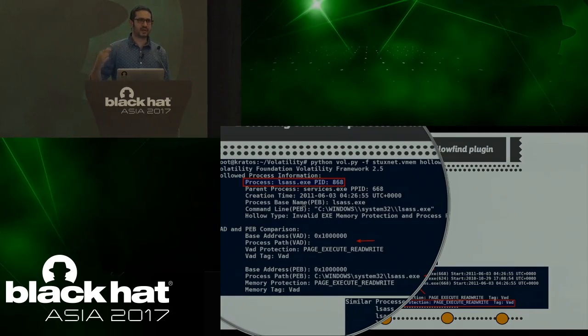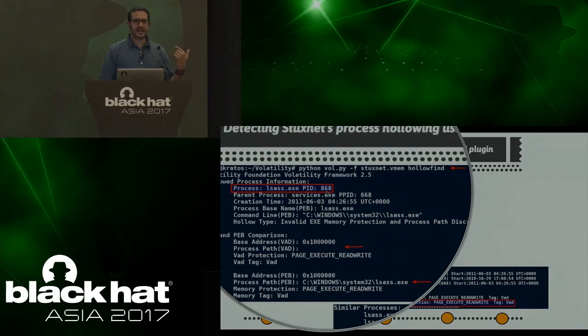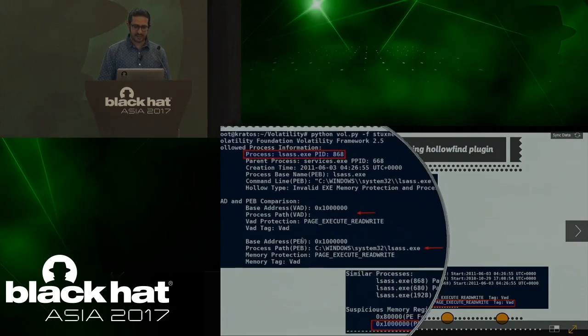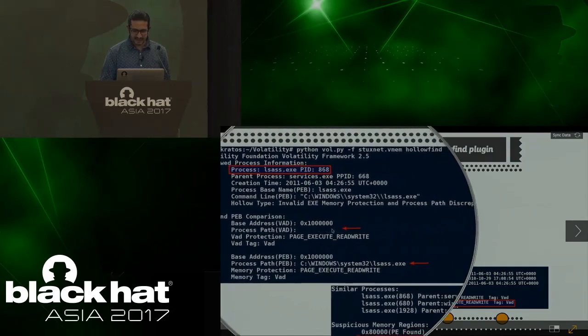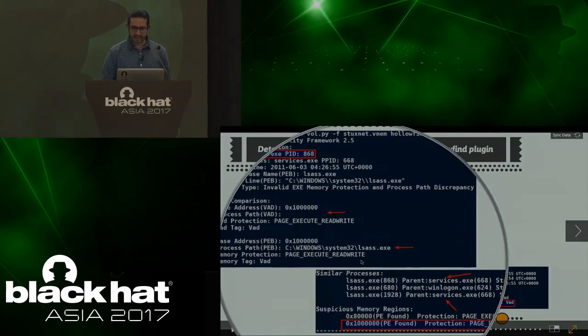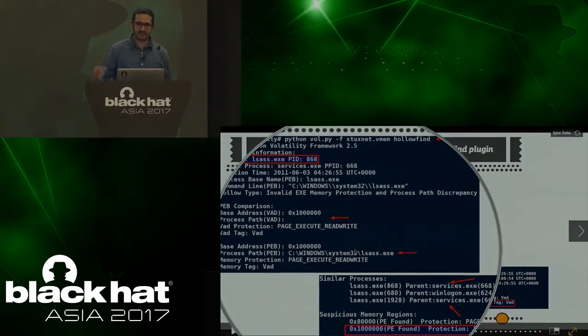Showing the screenshot here running against the first memory image, Stuxnet, you see that once run it'll enumerate through each and every process looking for the discrepancy between the PEB and the VAD, and it will tell you that lsass.exe with the process ID 868 is suspicious. Here you also see the discrepancy between the VAD and the PEB in one screen so that you don't have to run multiple plugins. The VAD doesn't have a path, whereas the PEB is showing the path to the executable. So this is a discrepancy. Like I said, with Stuxnet, this is one of the discrepancies that you look for. It's already automated within this plugin.